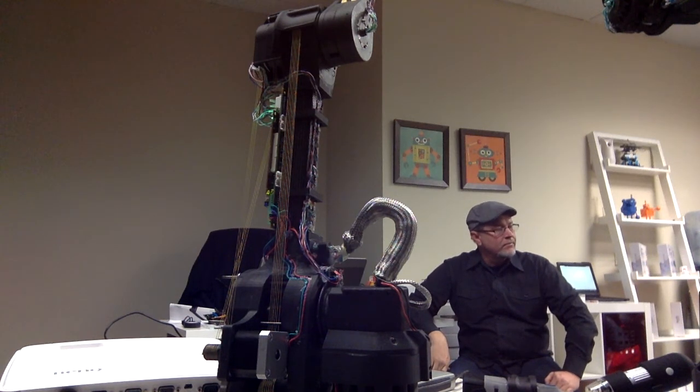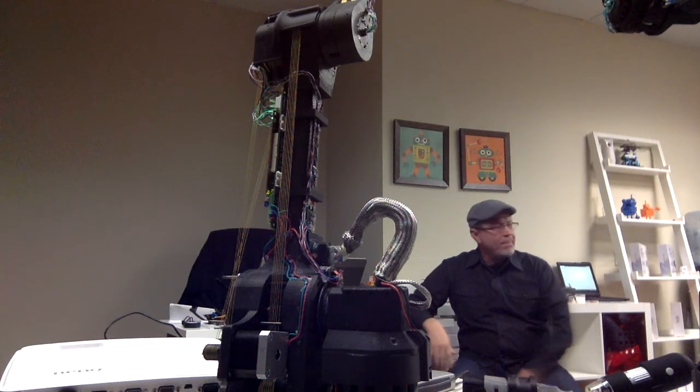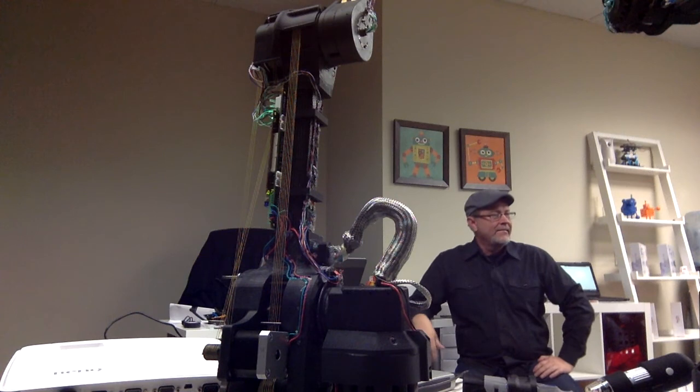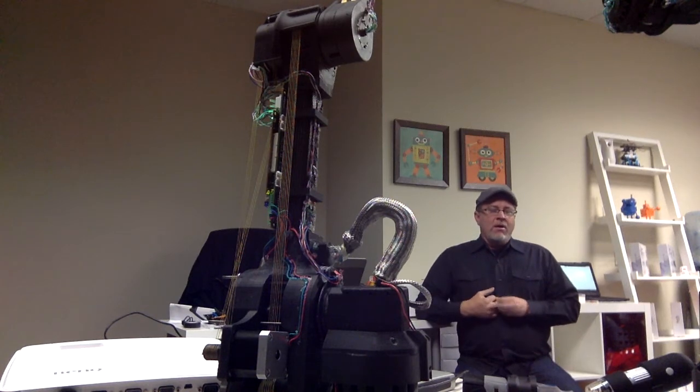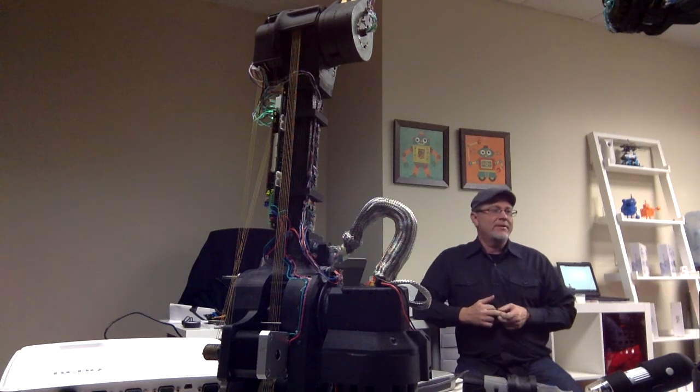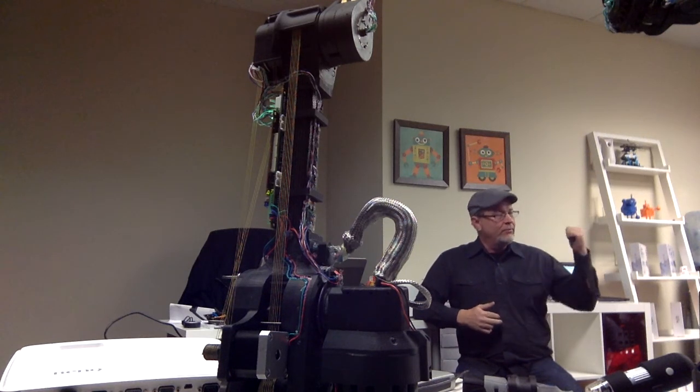Well, I'm thinking in terms of even assembly and really dangerous things like outer space, radiation hazards, cleaning up radiation spills from blown-up nuclear reactors. I don't know what the electronics would do in terms of being hardened, but at least you'd have the flexibility. Actually, one of the projects we did when I was with the other company